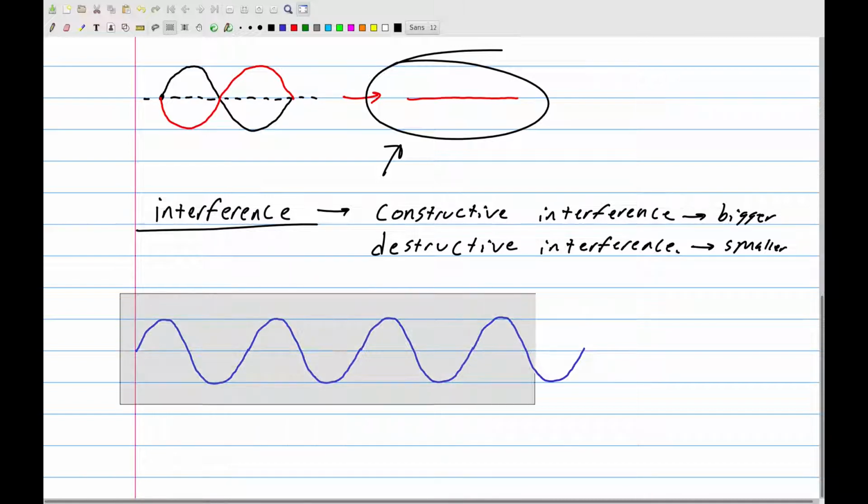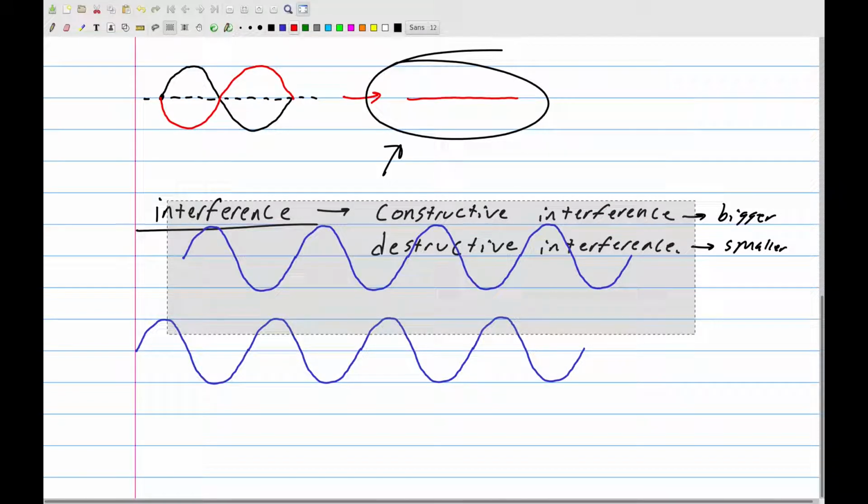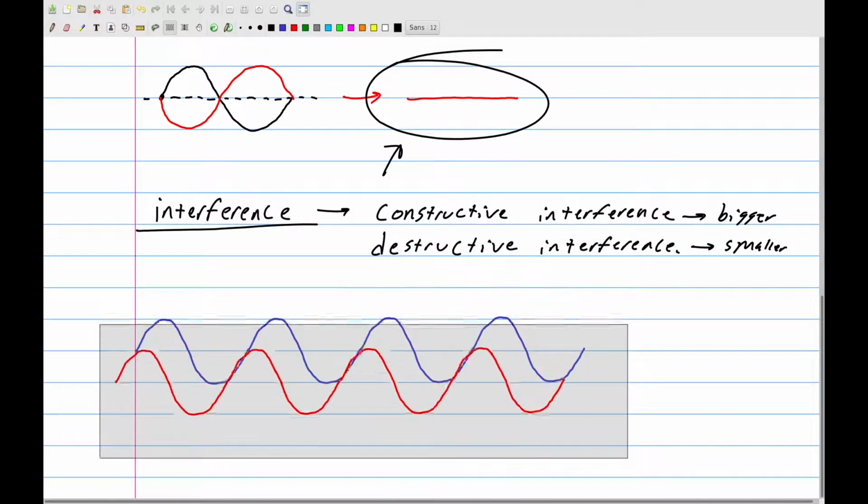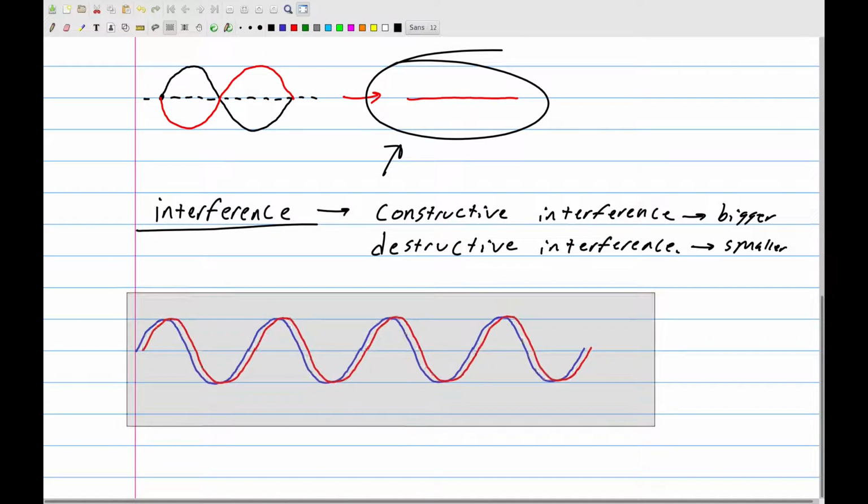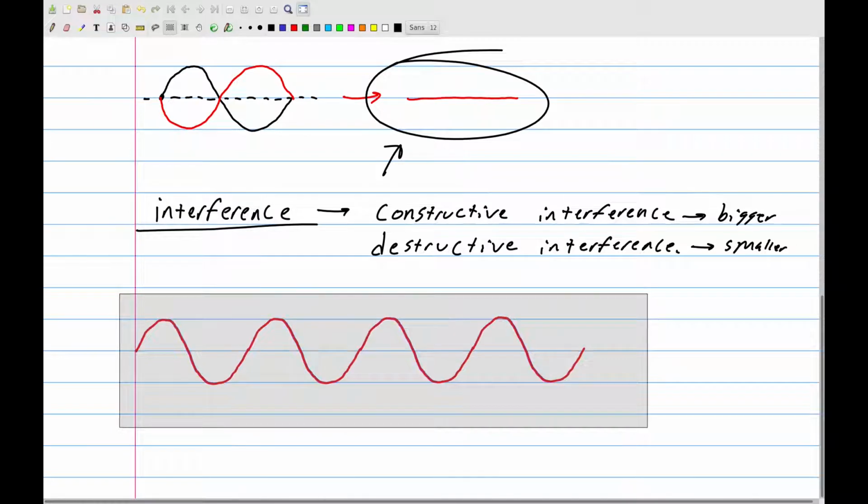Okay, and then I'm going to have a second wave that's going to interact with that. So I'll just copy that. I'll paste it. Maybe we'll turn its color, how about red? So we have these two waves now. And you can see that these two waves are exact copies of each other. They line up exactly when they are put here. So if we had these two waves sitting on top of each other, we would have constructive interference. These two waves would come together and make a much larger wave. Now, if I shift this wave a little bit,